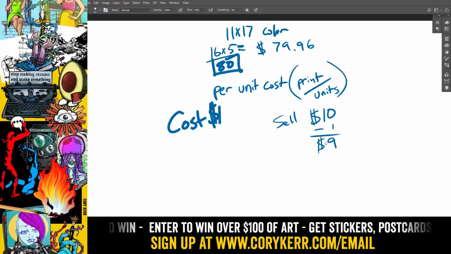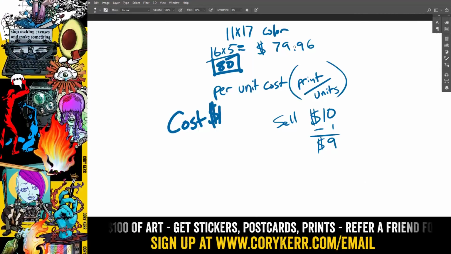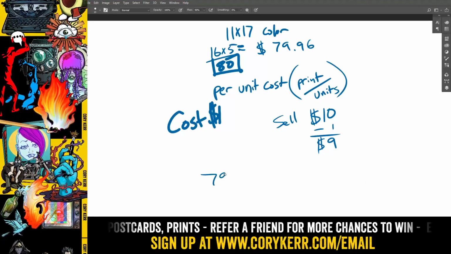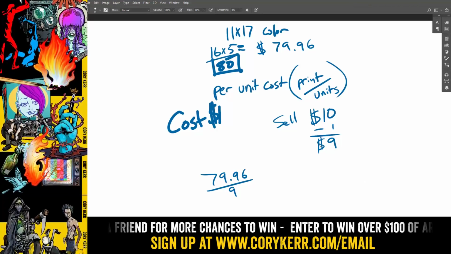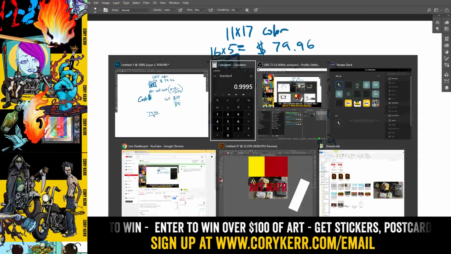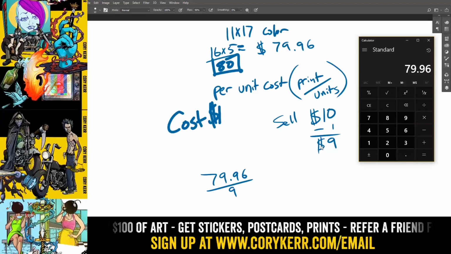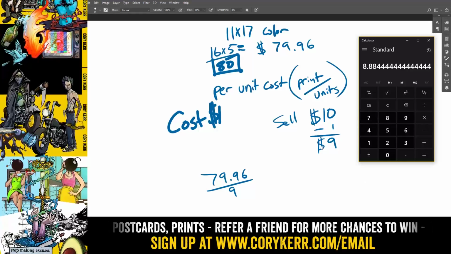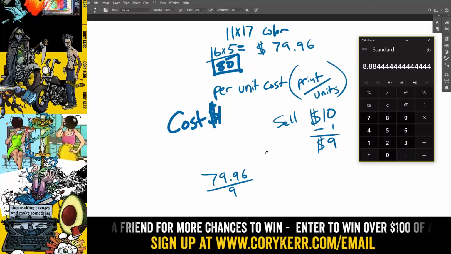Okay, so at $9 a piece, how long will it take me to get to a break-even point? Well, then I would take my $79.96 and divide that by 9, because that's how much I'm going to make. So we'll go 79.96 divided by 9. Okay, and so my break-even point on these prints is 9 prints,